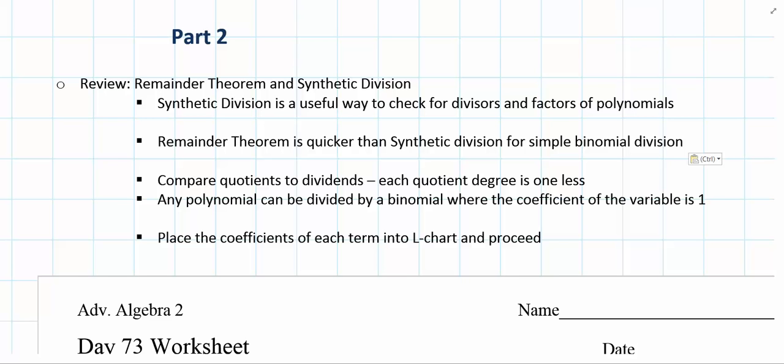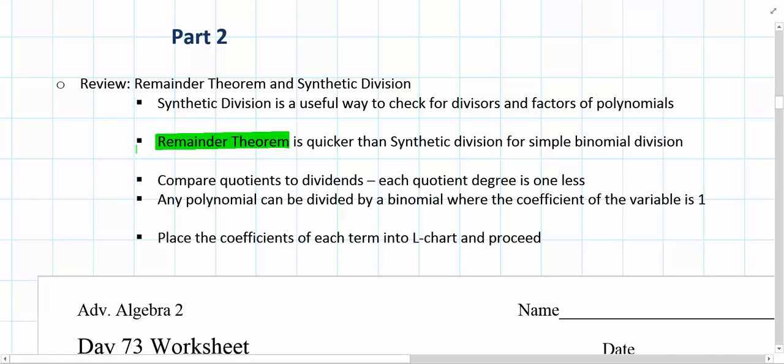In this video, I'd like to review the remainder theorem as well as synthetic division. As a reminder, the synthetic division method is much quicker than using long division to divide two polynomials, and it's a useful way to check for divisors and factors of large polynomials. And we have this thing that's called the remainder theorem, and that's even quicker still than synthetic division for simple